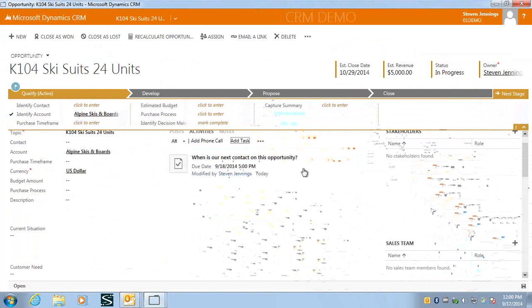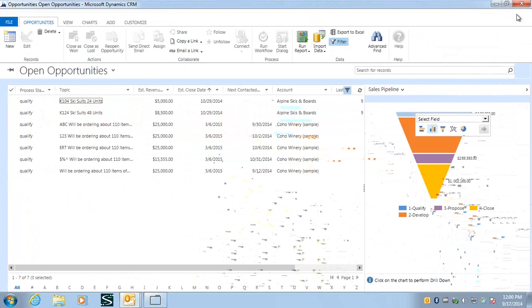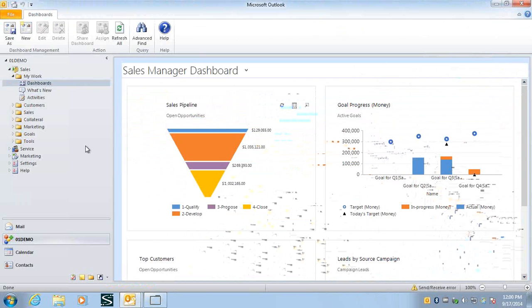Okay, Stephen, want to go to the marketing section? Yep. So again, if we go back to our marketing dashboard and take a look at the marketing dashboard,